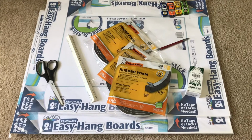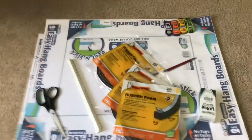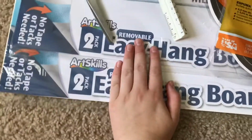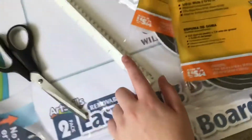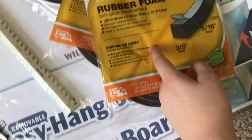Today I'm going to be showing you how to make a track like mine. Today I'm going to make the Spartan Motor Speedway road course. So the things you need is poster board. I found this at Meijer. Ruler, scissors, leather strips. You can find it at